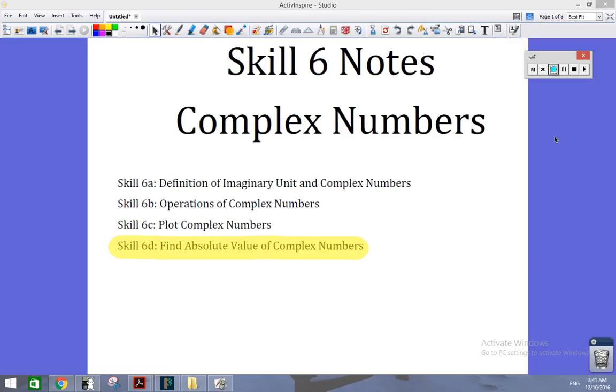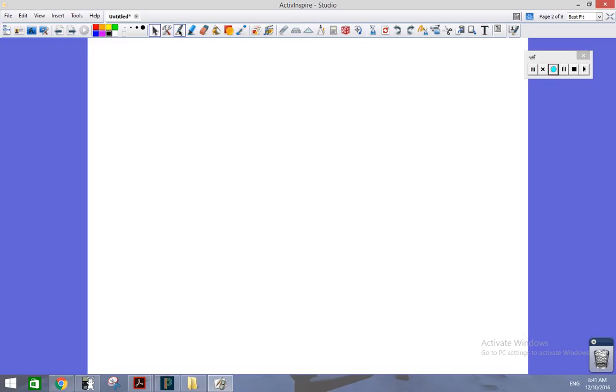We're taking a look at skill packet 6 of complex numbers and the notes going through it. In 6D, we want to look at absolute value of complex numbers. Recall the absolute value of a real number: here is a number line, and we draw a small portion of the number line,